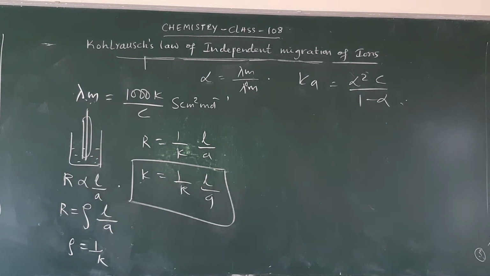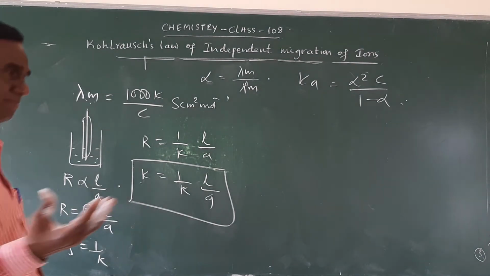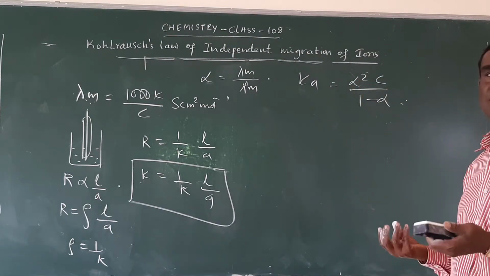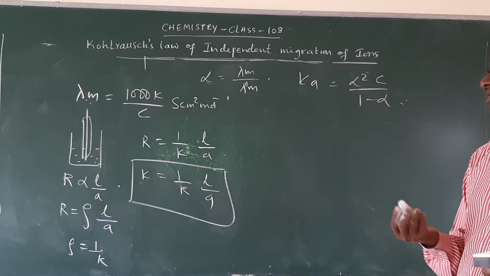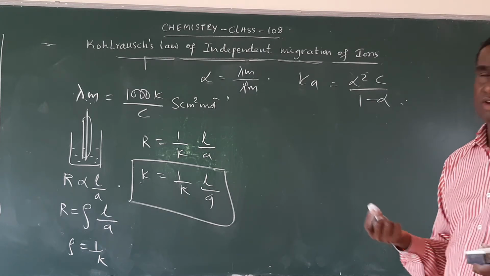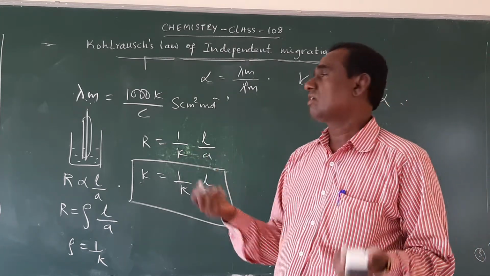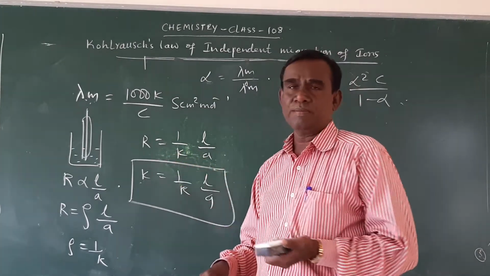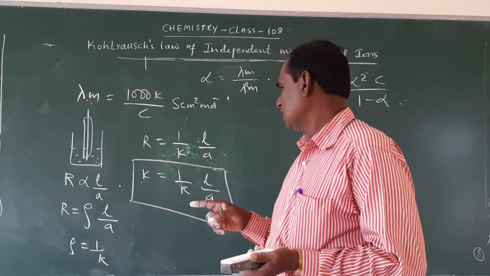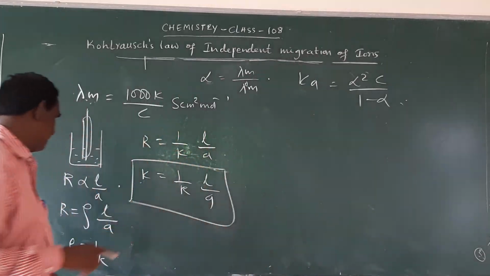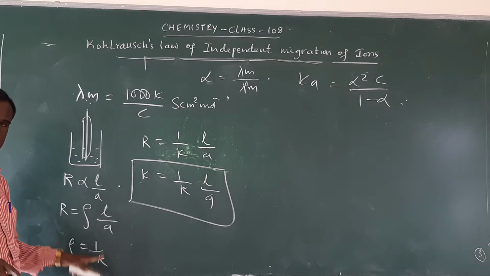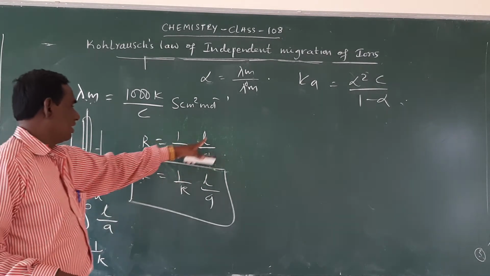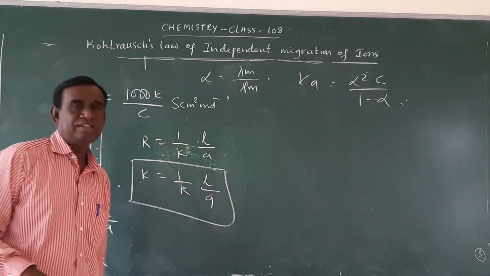So that means the given weak electrolyte solution is taken in a beaker, in which we put a small conductivity cell of our choice, and R can be obtained by the Kohlrausch bridge method. We know that R is directly proportional to L and inversely proportional to A, so R is equal to rho into L by A. Rho is the reciprocal of conductivity, rho is equal to 1 by K. Therefore, R is equal to 1 by K into L by A, or K is equal to 1 by R into L by A.